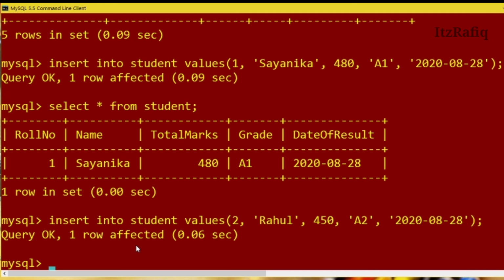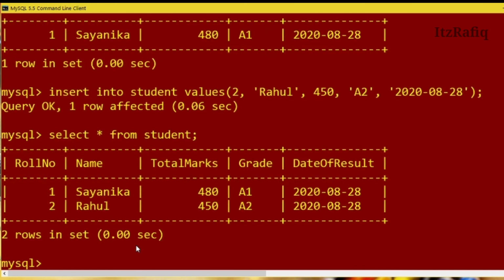Again, to see the records, you will write this command: select asterisk from student. Select means I am selecting the field from the table. Star symbol means I have selected all the columns, and from the table name is student. So you will see this information. I have now 2 students' information. Suppose I need only the name and the marks.